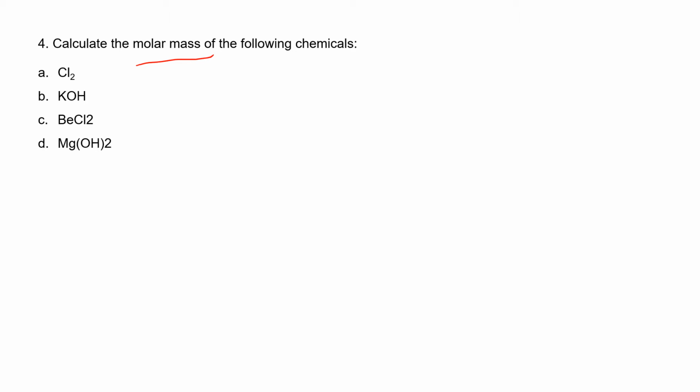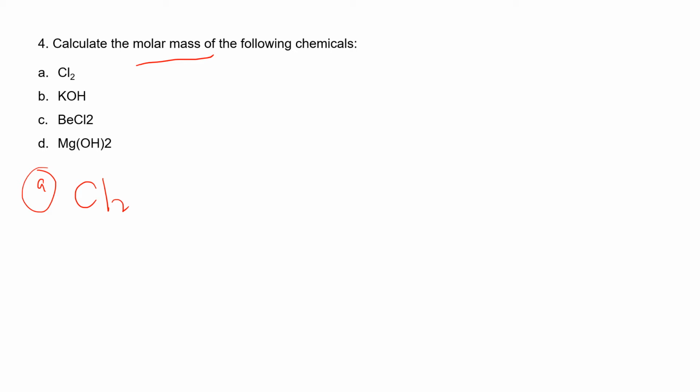From these molecules, you have to calculate the molar mass. So what you have to do is, for the molar mass, you can get the atomic mass from the periodic table. Okay, so for A, you have Cl2,